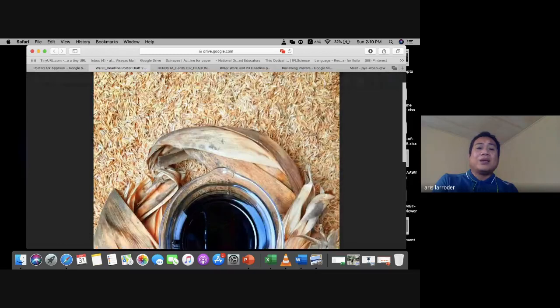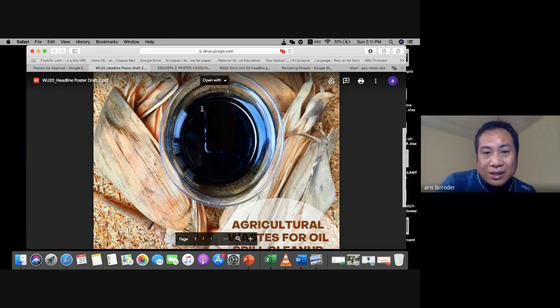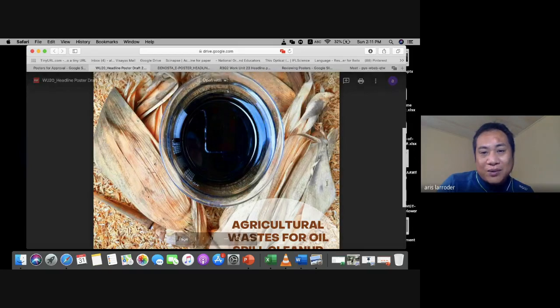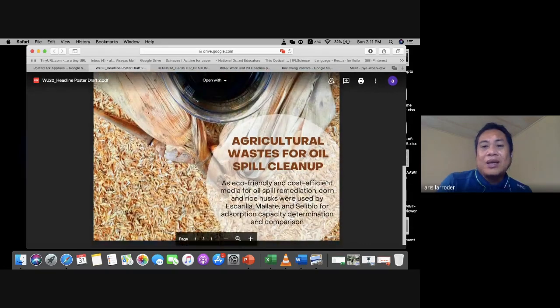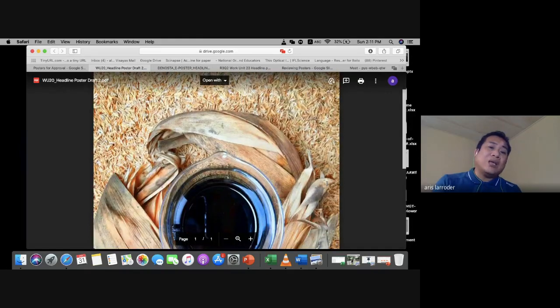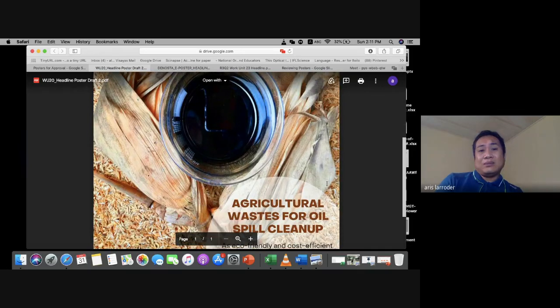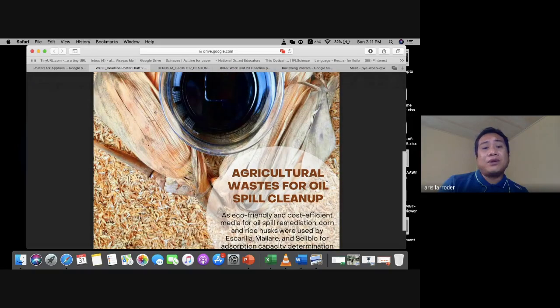Now, how about this one? The picture is actually exciting, but I think this is the outline of a smartphone. Agricultural waste for oil spill cleanup. The picture is crisp. I like the picture, but we still have to check, is this headline material? Or would you like